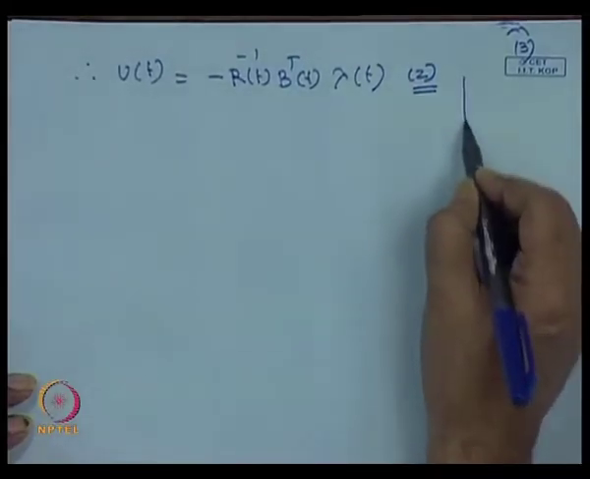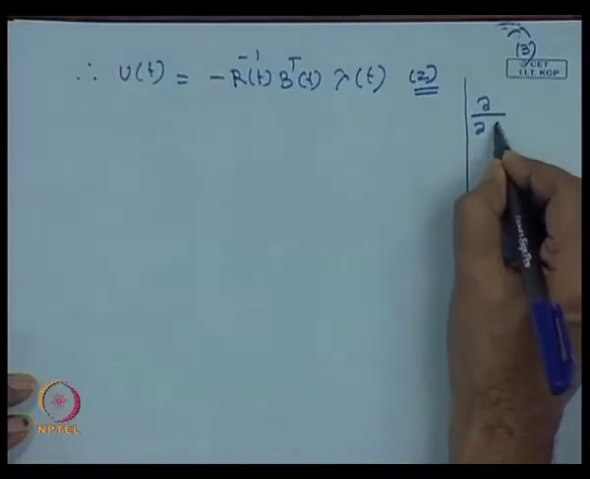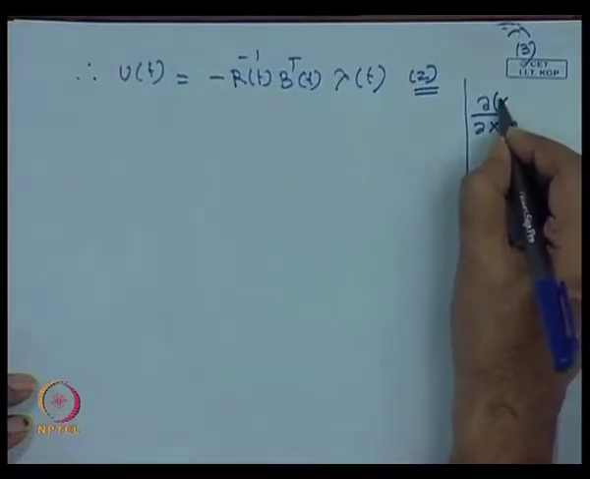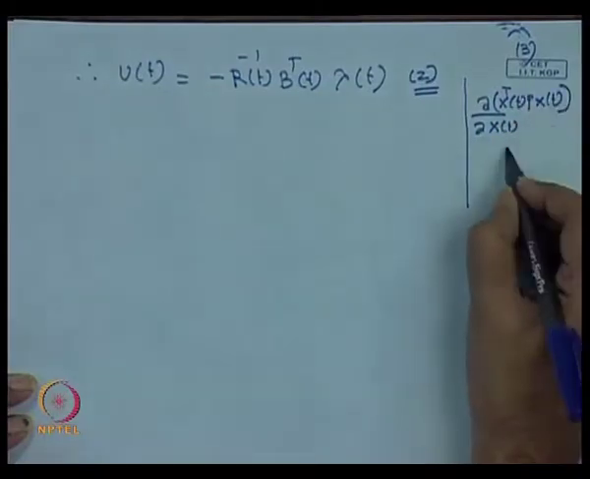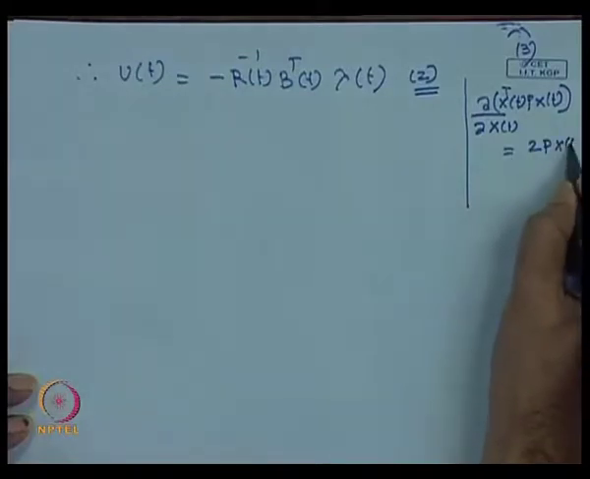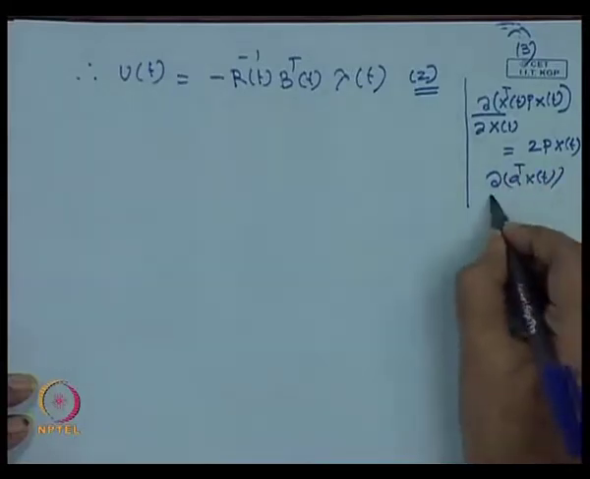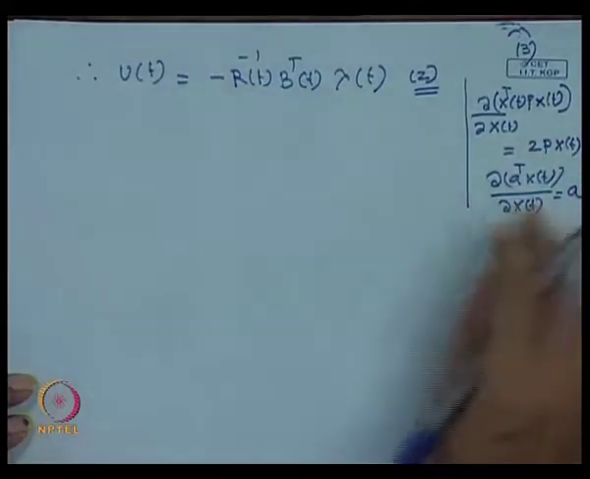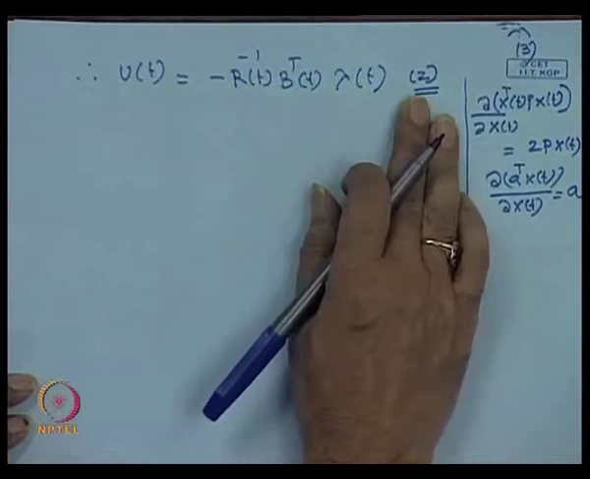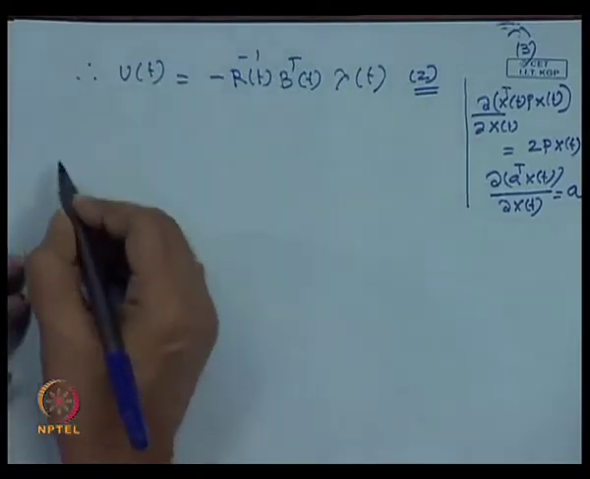So, in order to get this, we have used these two things: differentiation of the quadratic function with respect to x(t), if you do this, the result is twice P x(t). Another we did, a transpose x(t) with respect to x(t) is equal to a. So, these two things we have used in order to get equation number 2. So, once we get this, the other two necessary conditions are these. If you see step 3,